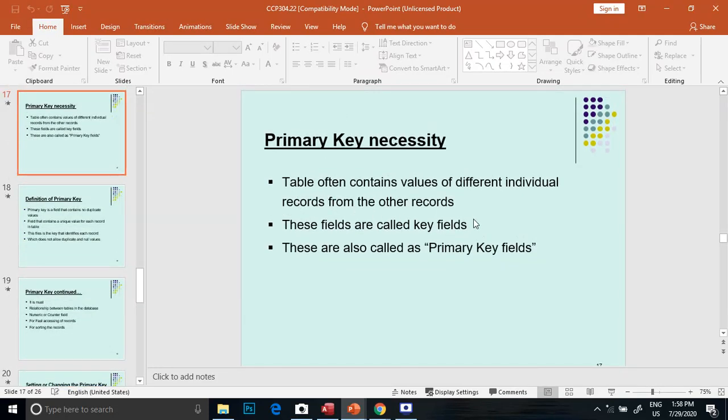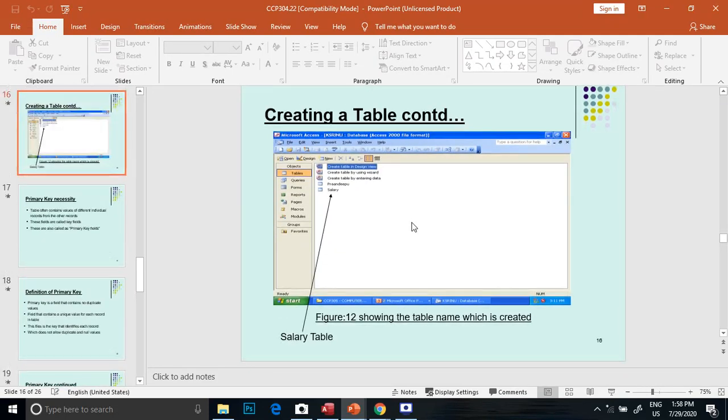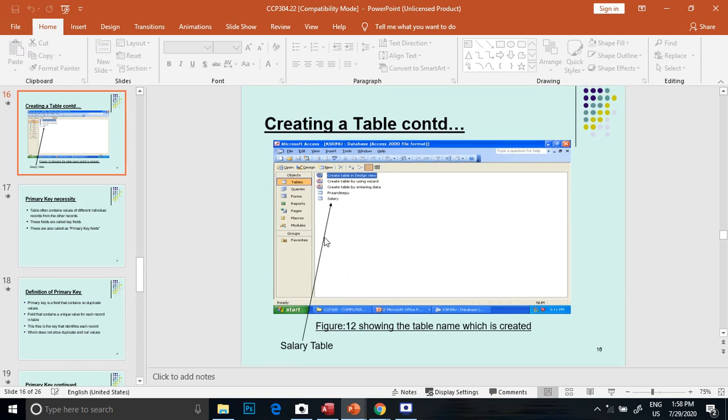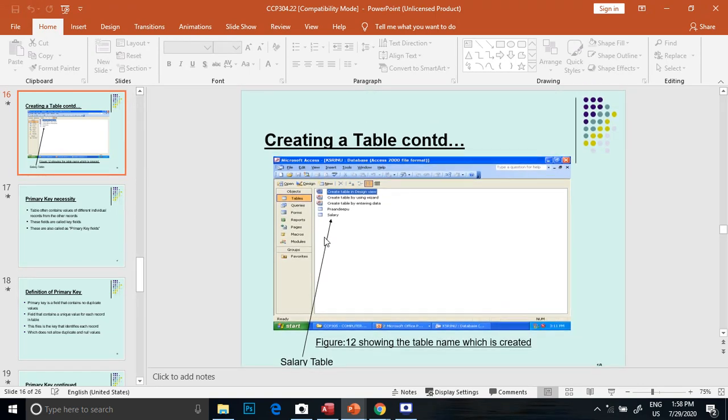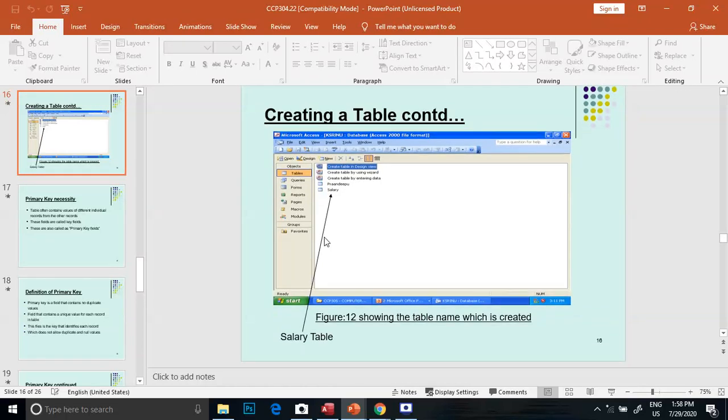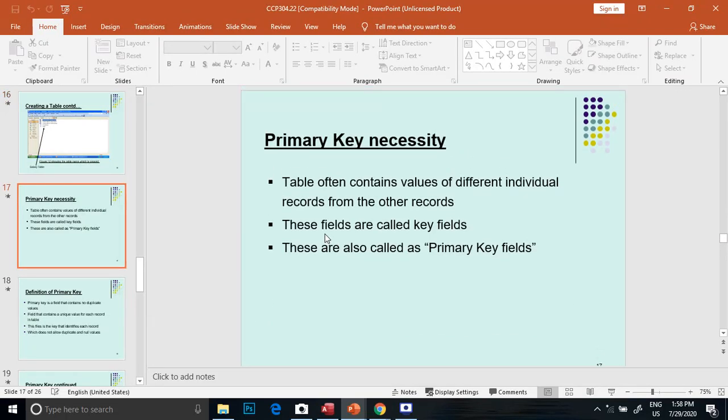Primary key necessity. A table often contains values of different individual records from other records. These fields are called key fields.